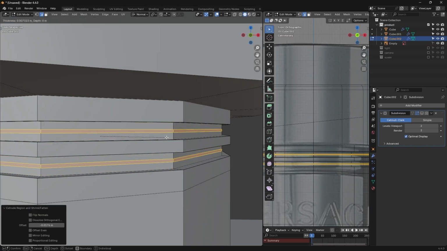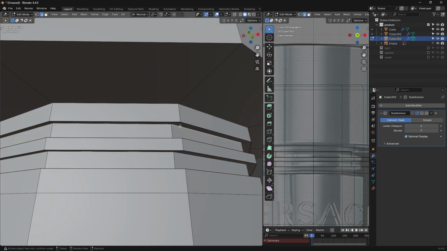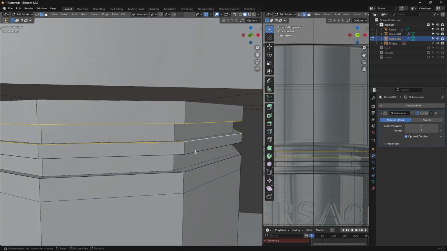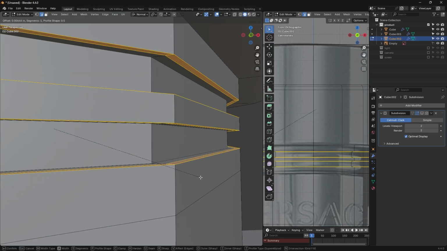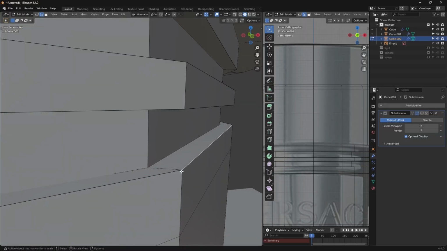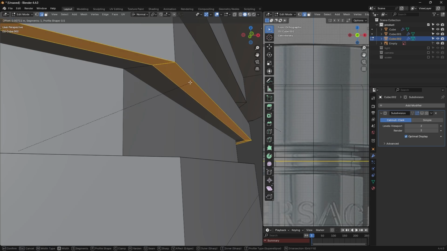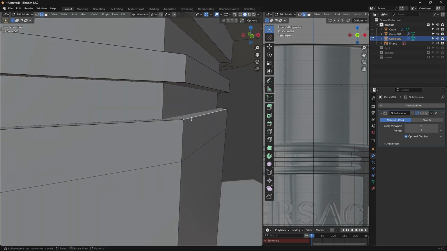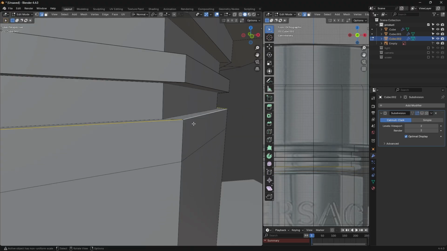And press on E, or maybe not. Let's just select those and give them Control B. I feel like there is a problem. Okay, let's try